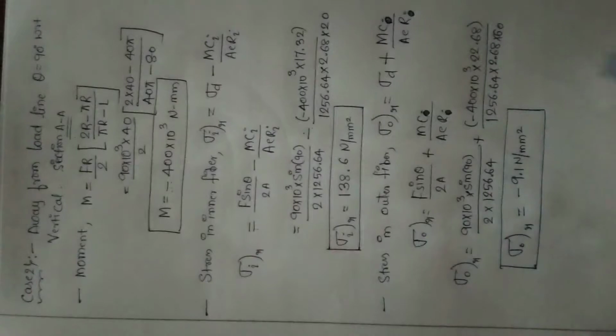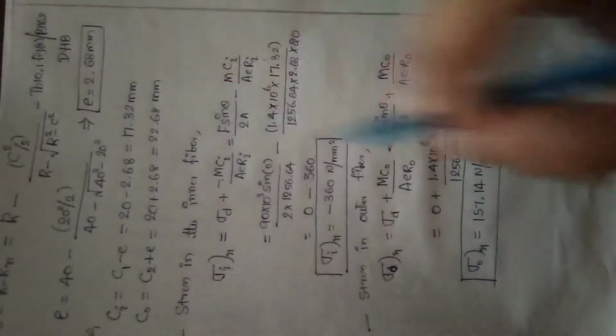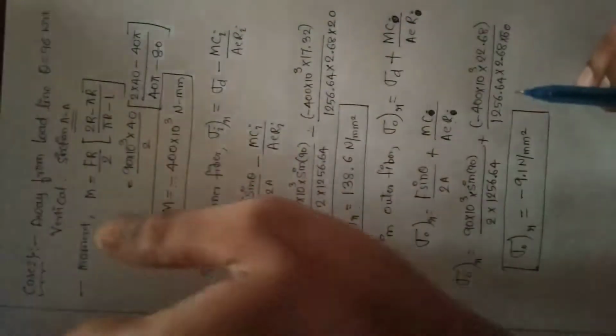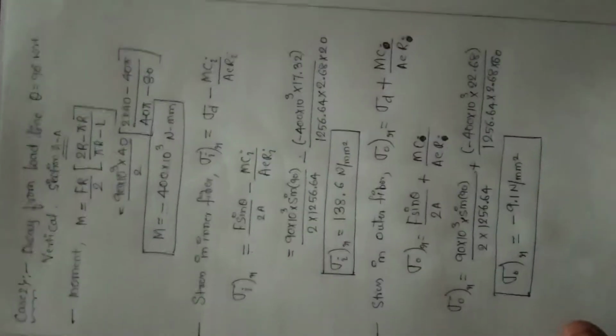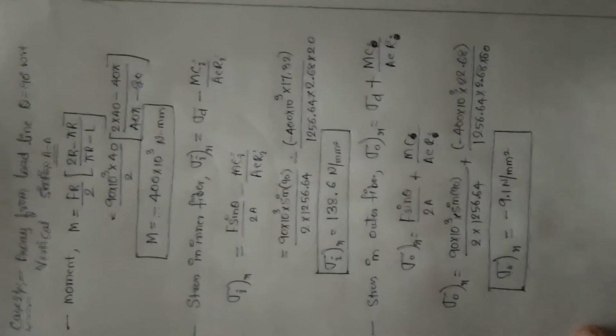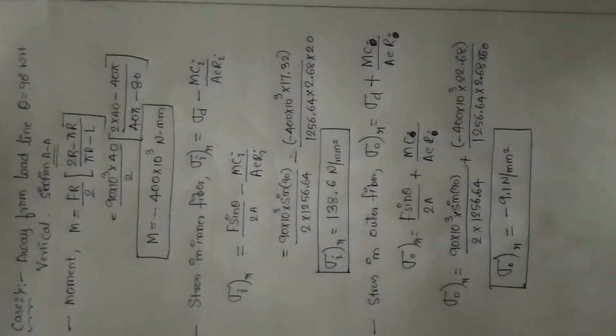Fine, okay, no problem. As per the given data, I can stop where theta equals 0, but this is the extra thing I solved. So we can even solve when theta equals 90 degrees. In the given data, if it doesn't specify at what section you have to find the tensile and compression, in general you must do it when theta equals 0 and theta equals 90 degrees. Okay. So these are the problems on chain links.